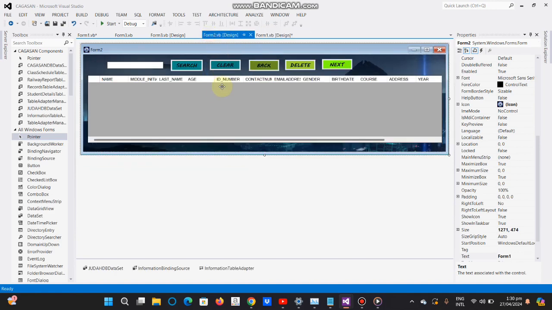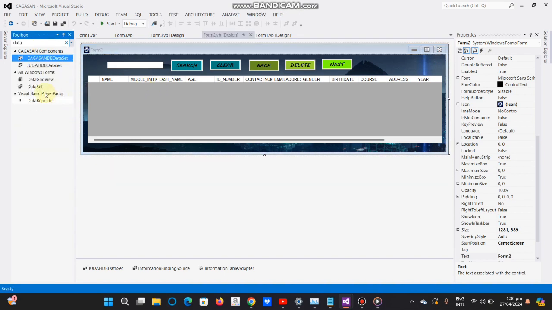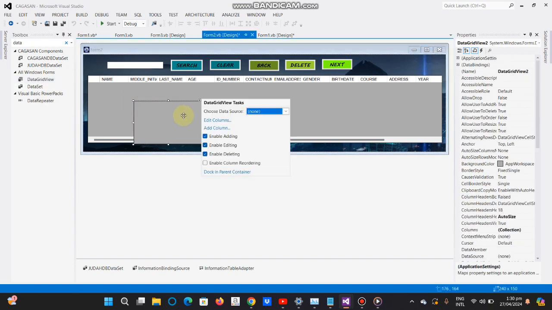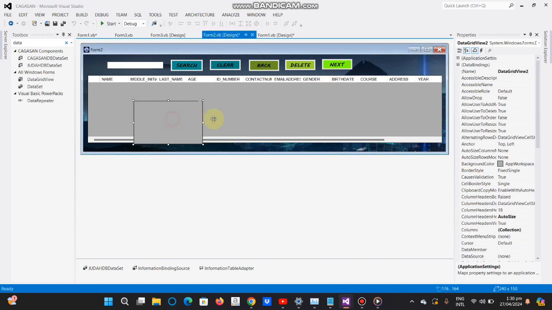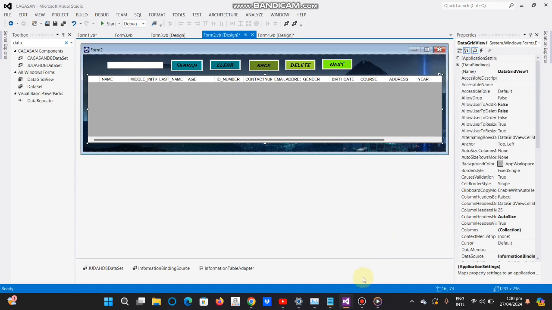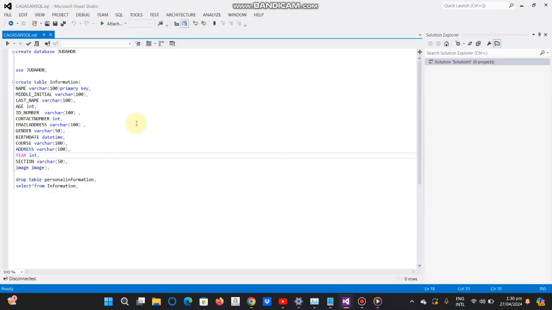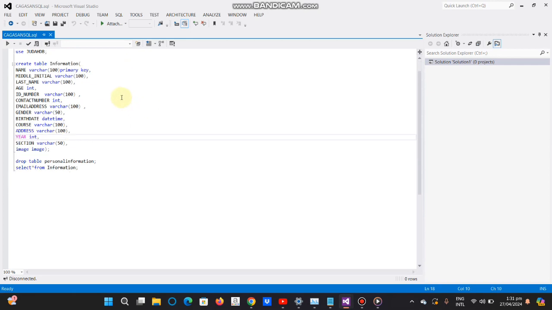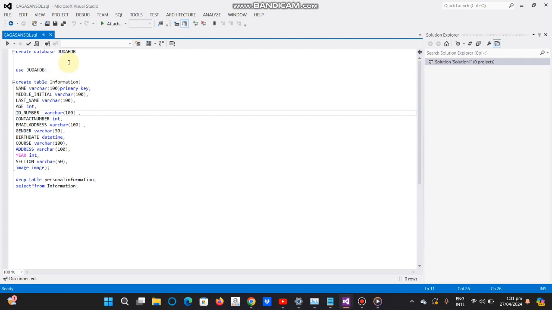So for the design, I have just added the data grid view, then the source for this data grid view is my SQL database. I have made a separate window for this SQL database, and it's really easy because I just command that it will create a database, then your database name, then use it.